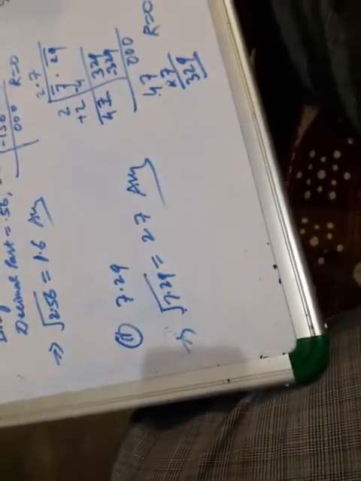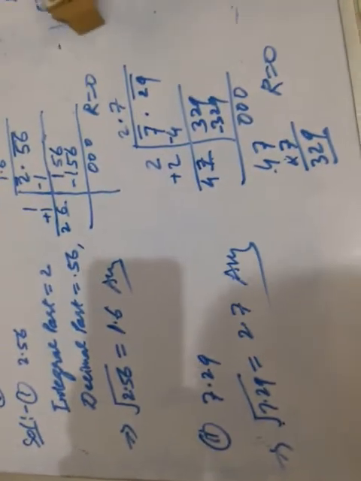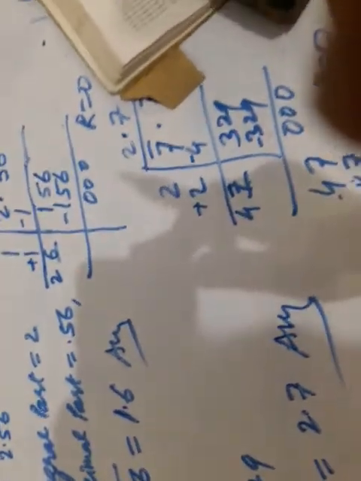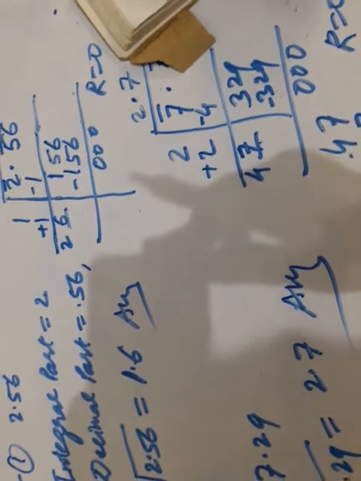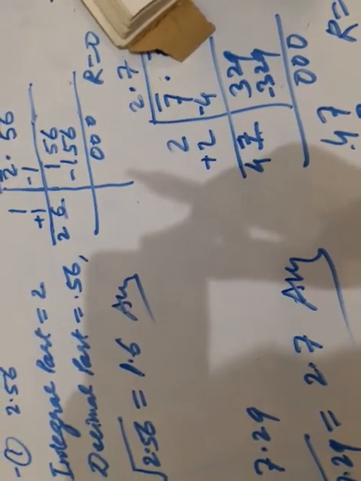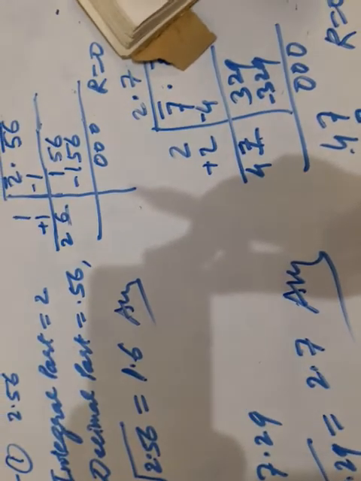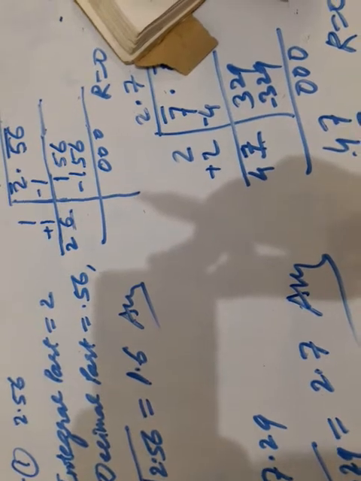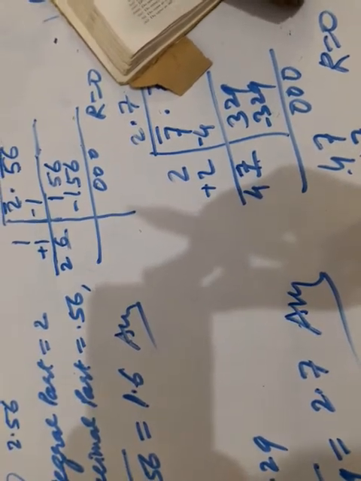Children, now your video is getting longer. See, this is a very important exercise of square and square root, exercise 6.4. Here different types of questions are there. By solving these questions you will become very skilled. Questions number 4 to number 9 are very important questions. So children, in order to get perfection, you are supposed to solve all these questions yourself. Then only you will be able to solve in your examination, otherwise it will be very difficult, I tell you.